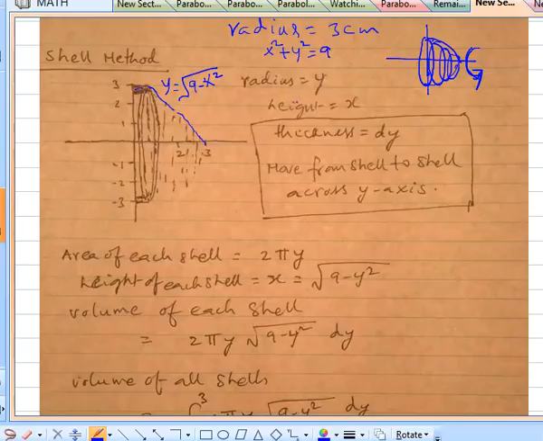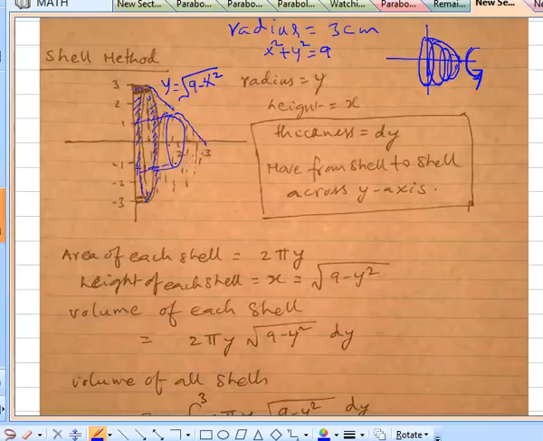So radius is equal to y, and this is the shell that we cut out in the video. So this is how each of those shells are. It has a small thickness, and so we take the volume of that and then add up all the other shells that are formed also. So for example, if I want to take one of the shells from the inside part of it, that would be coming over somewhere over here, and it would sort of look like this.